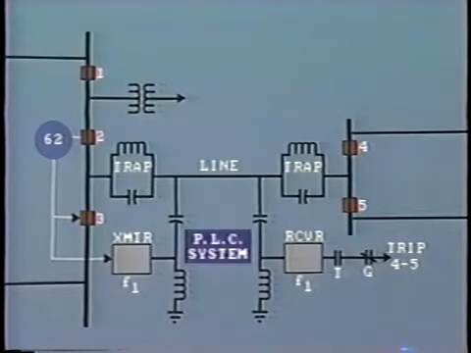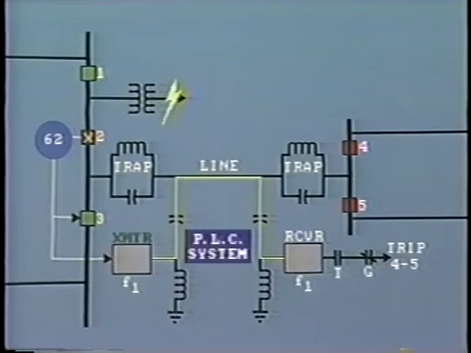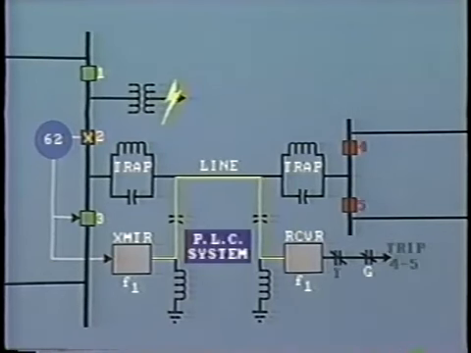Another application of direct transfer tripping is for protection against breaker failure, as shown here. Let us assume a relatively low-level fault on feed number 1. Breaker 1 trips correctly, but breaker 2 fails to open due to a mechanical problem. When the breaker failure relay 62 operates, it initiates tripping of breaker 3. It also sends a signal to the carrier transmitter, and this shifts frequency from guard to trip. At the other end of the transmission line, the trip signal is received and initiates high-speed tripping of breakers 4